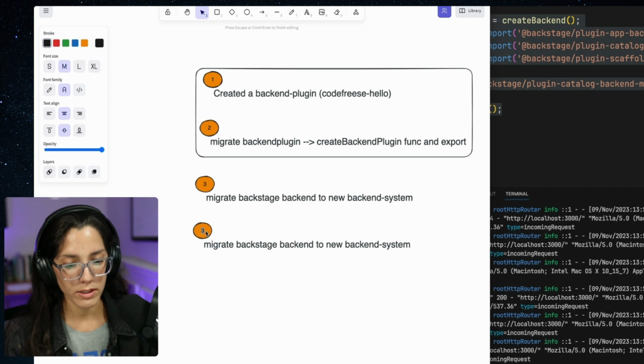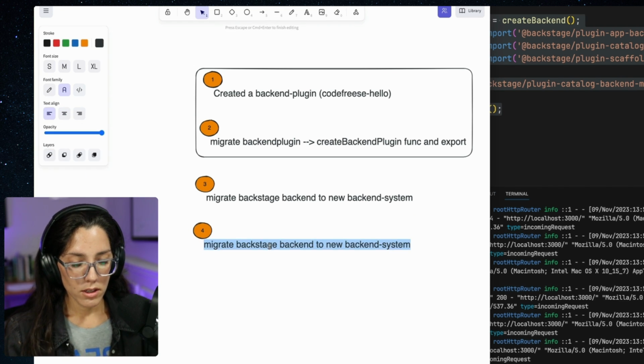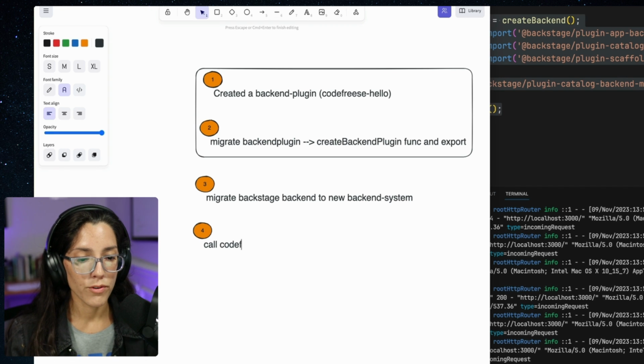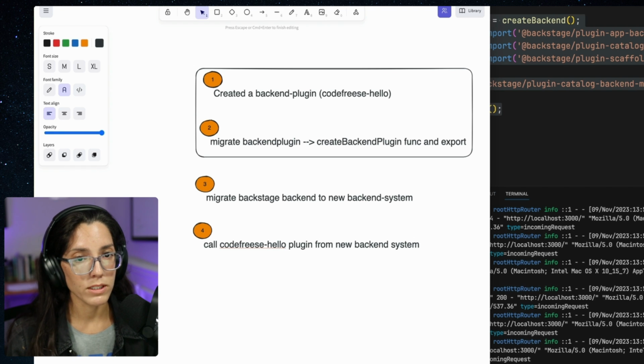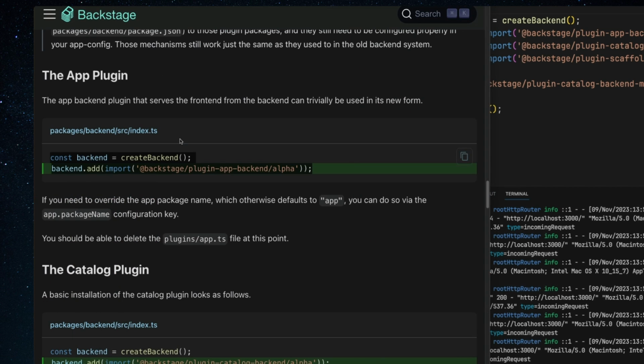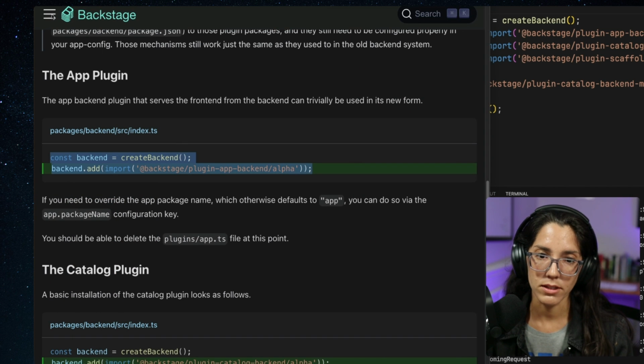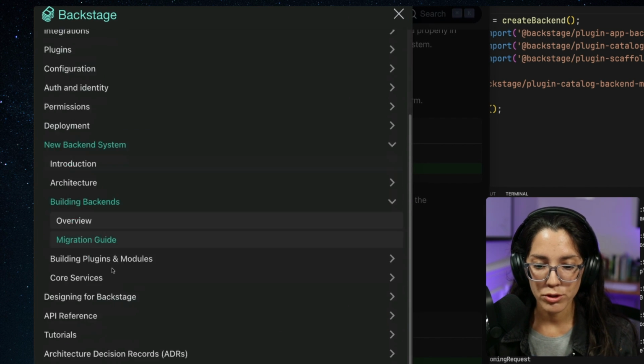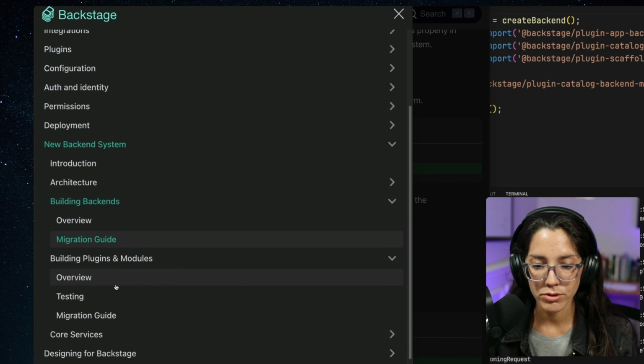So step four is call code freeze hello plugin from new backend system. That's what we need to do. How do we do that? Well, we basically need to import it. So if we go back to the documentation, and then we go to building plugins, and we go to overview,